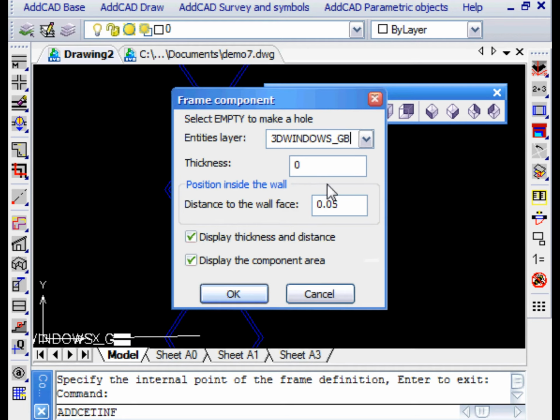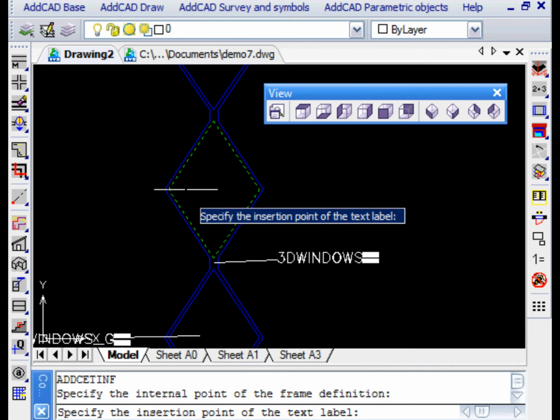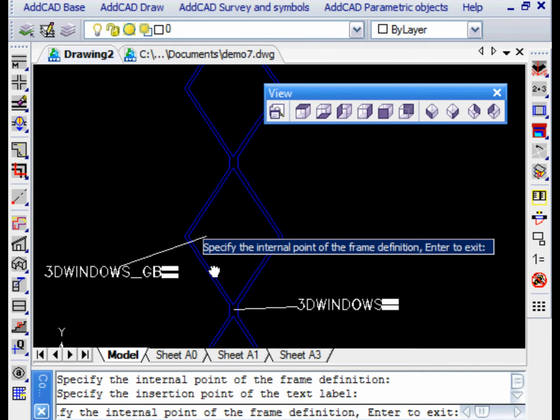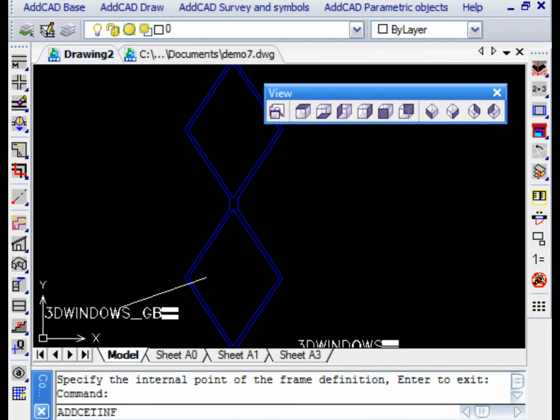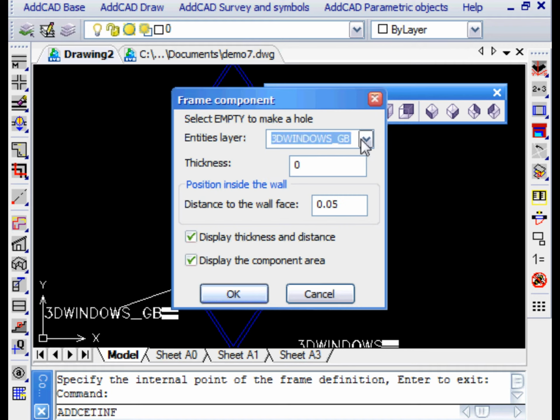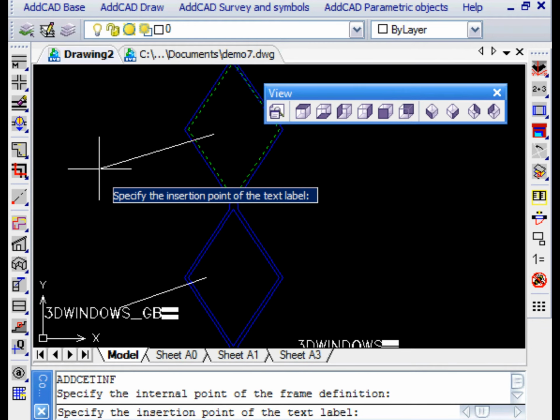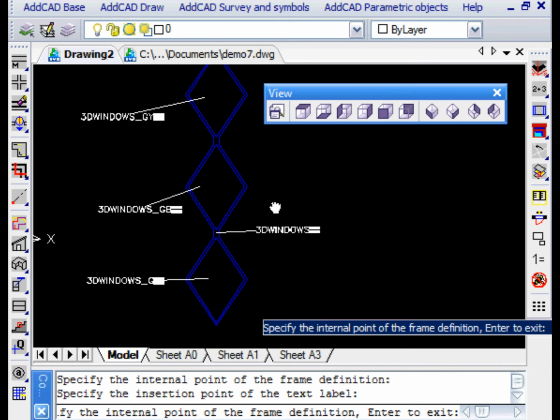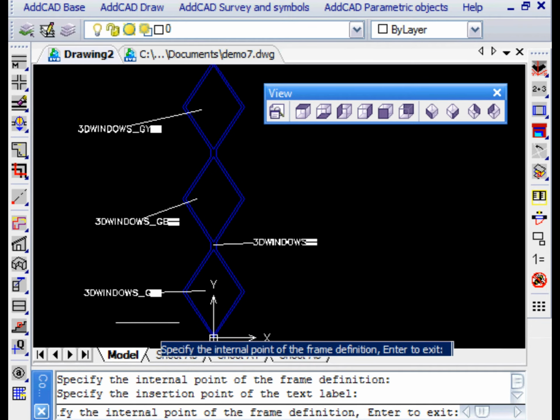Note that if we simply want to make a hole in the frame, we just need to use the empty layer. For example, we want the last glass to be yellow. Now we have finished, so we export this definition to an external library so we can use the object in